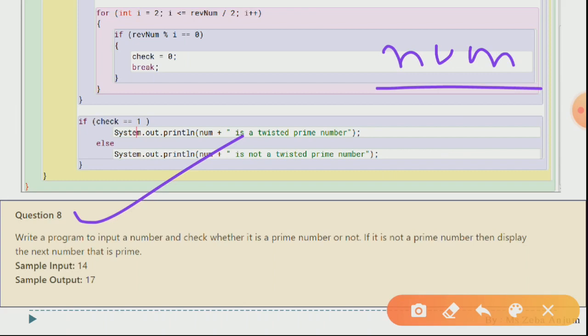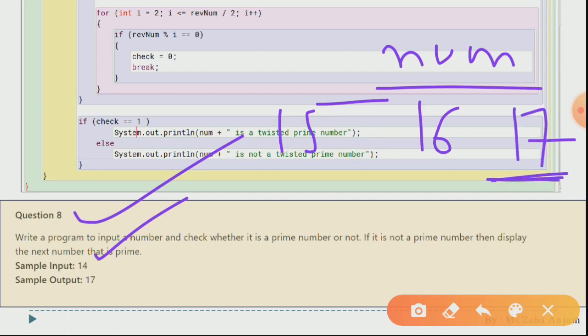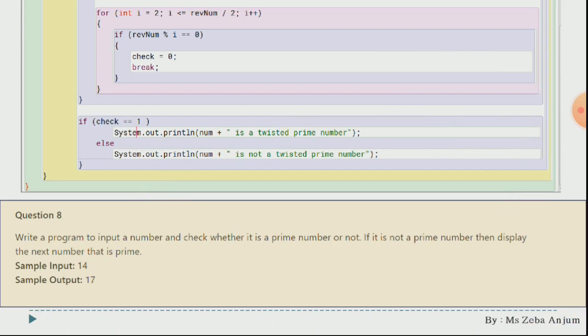If your number is not a prime number then you have to find out the next prime number. Likewise in the sample input, you input the number 14. Firstly you will check whether this 14 is a prime number or not, it is not a prime number. Then you will be checking for 15, it is also not a prime number, then again you will be checking for 16, again it is not a prime number, again you will be checking for 17, now this 17 is a prime number so you will stop your condition over here. Please try this question number 8 by yourself. In case you found any difficulty then let me know.